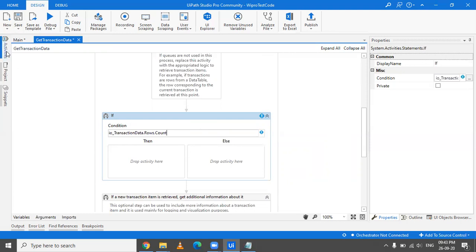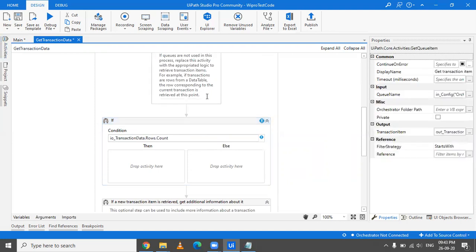Okay, to simplify, suppose you have 4 rows and your default value of transaction number is 1, so you will only be able to extract till 4. Okay, so what you're going to do is, for, is less than equal to your transaction number.